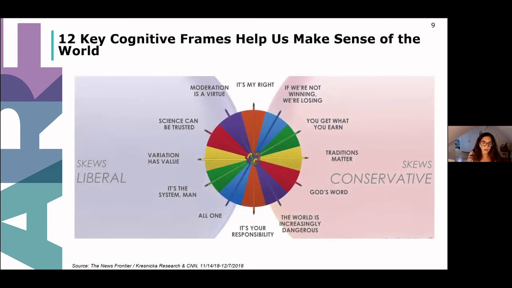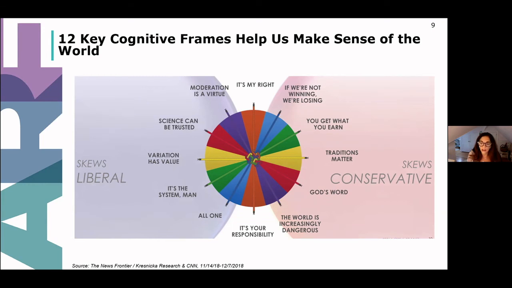So first, values, which is a core element of the proprietary work that at CNN we call the news frontier. Working closely with Pressnicker Research, we did what we call a digital ethnography, which is basically an ethnography that we did digitally, and that was before the pandemic. I'm sure all ethnographies are now done digitally. Anyway, through that work, we ultimately identified 12 frames or values that people use to make sense of